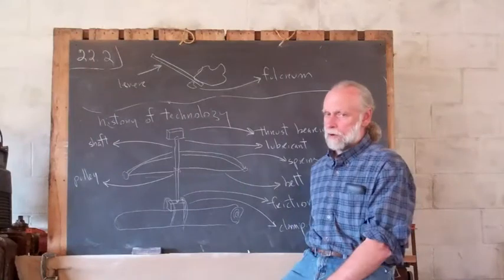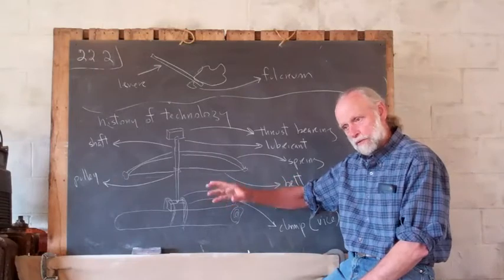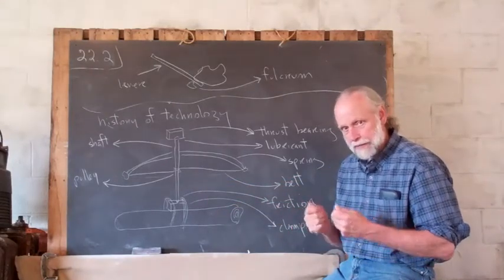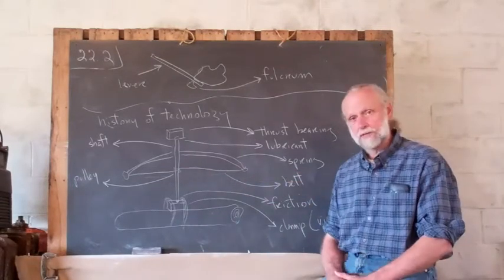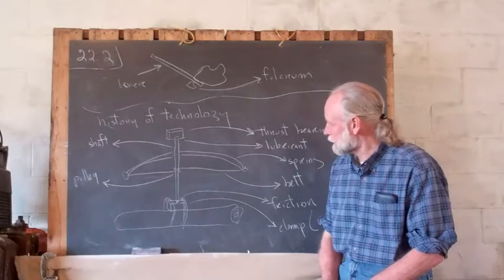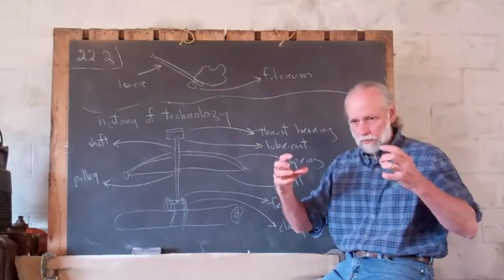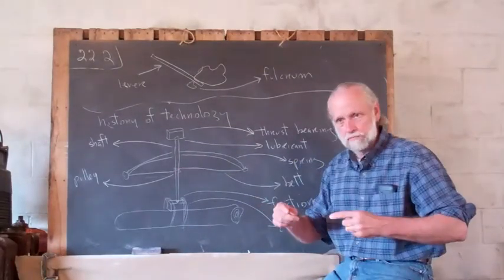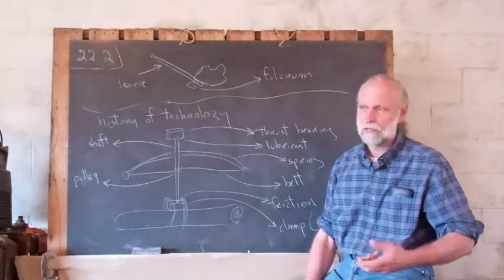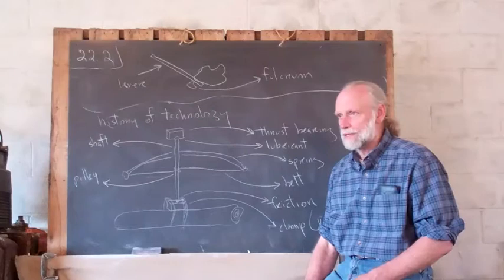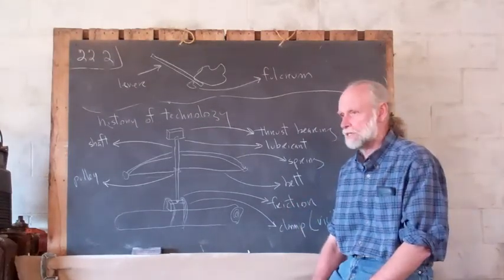But why I wanted to draw your attention to that is because if you can imagine this, you can see there the beginnings of a lot of technology. I've named the machine parts, and I love to have the kids figure this out for me. I say, what do you call something that's usually straight and turns in a machine? And that's a shaft. Eventually they'll say axle, they might say rod or something like that, but eventually I'll get them to say shaft,